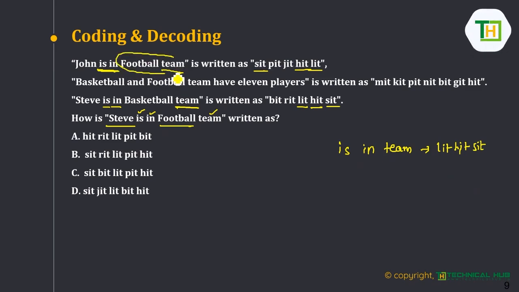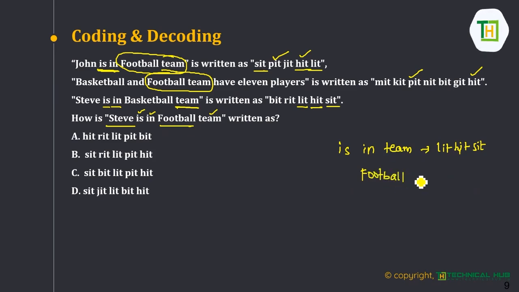So football team is common here and football team is also common here. Only those 2 words are common in the 1st and 2nd sentences. Football team. Then what are the code words which are common in these 2? Here is one word which is common, and hit is another word which is common here. I know that hit is already in the team, so that is why I can surely say that the football